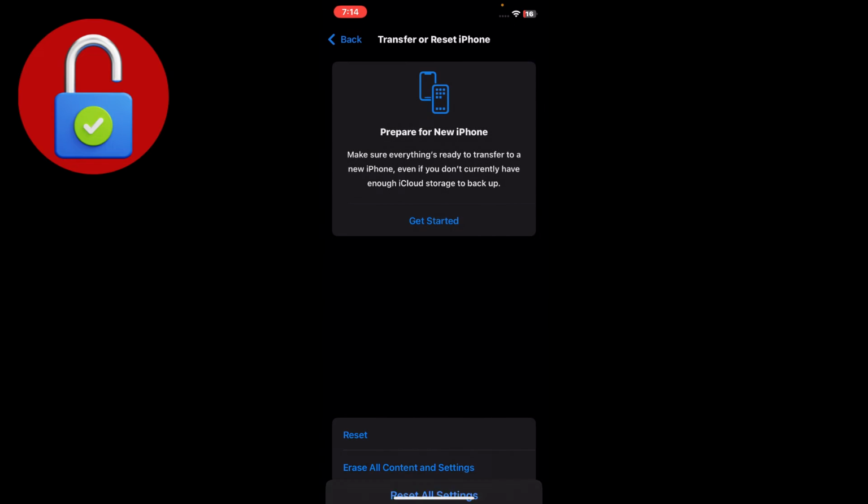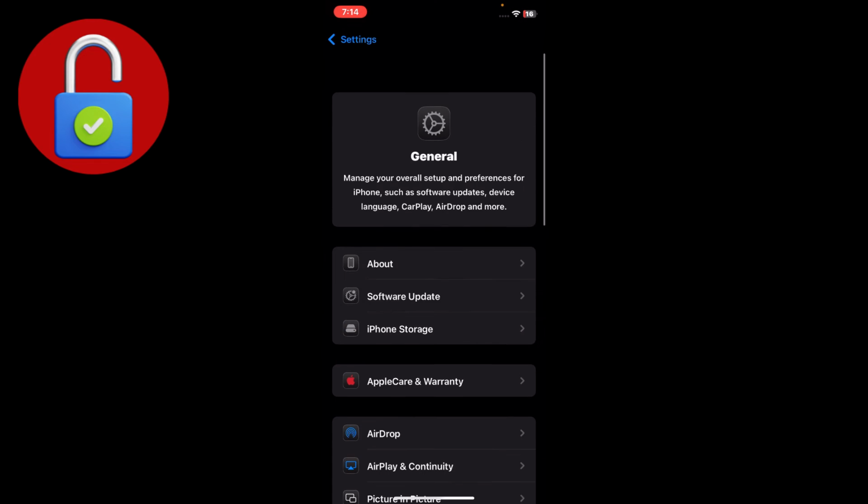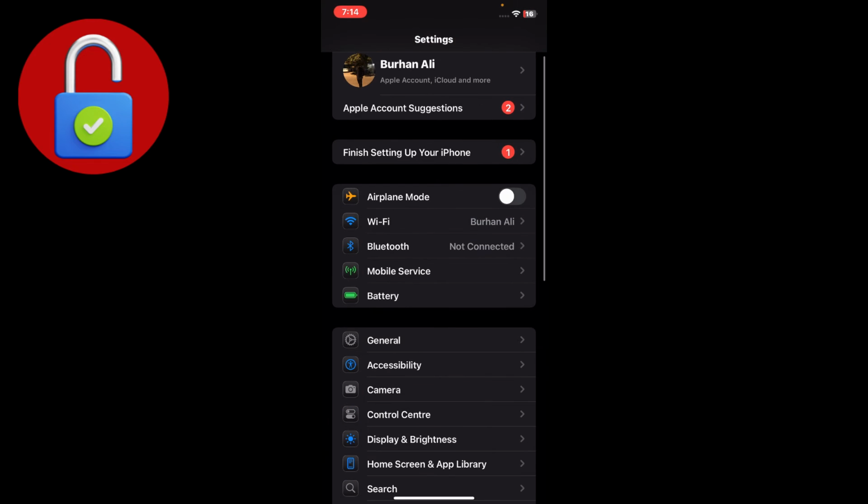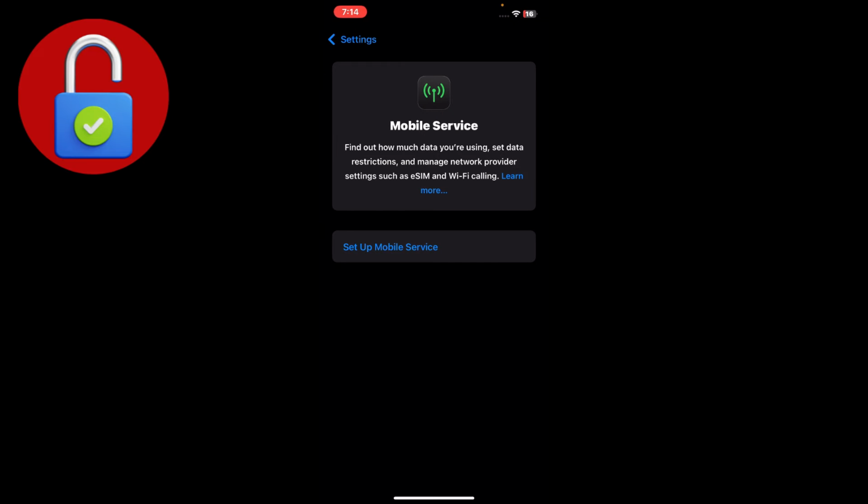After that, simply go back, again back, and go to Mobile Services, and here you have to make sure that your device also has internet data. Also make sure you set up your mobile services properly. If you have a SIM from T-Mobile or any SIM service, you have to set it up, and after those settings, if your problem doesn't get solved, simply take the SIM out of your iPhone